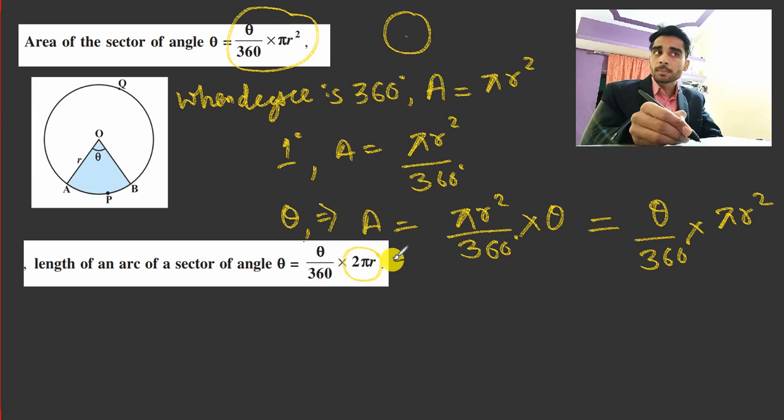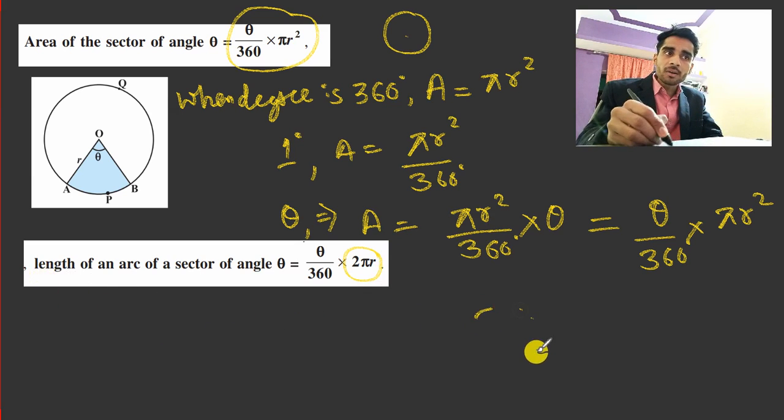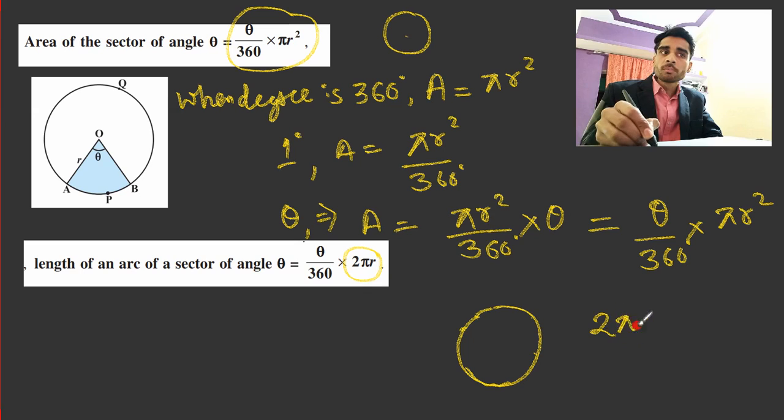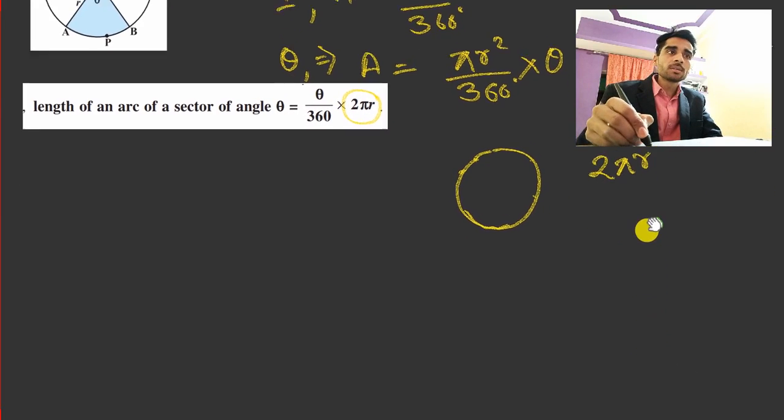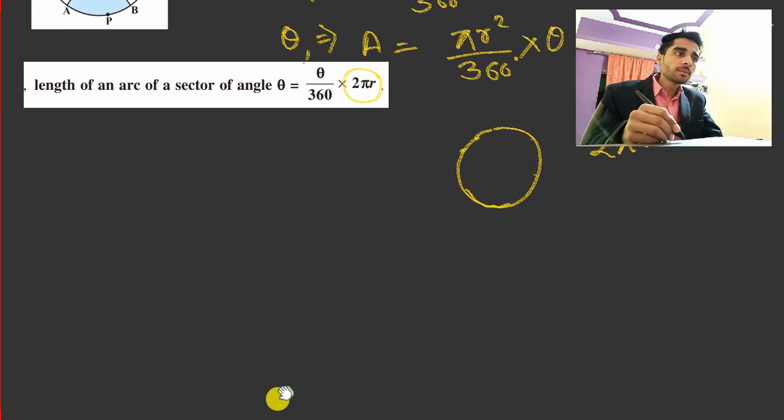Why are we multiplying by 2 pi r? Because we know that this length is a part of the circumference of the circle, and circumference is given by the formula 2 pi r, so we will multiply by 2 pi r. Okay, and one more formula is also there which we have to remember while finding out the area of the